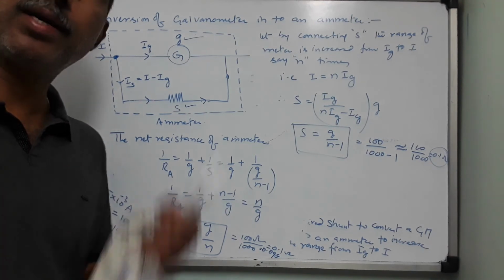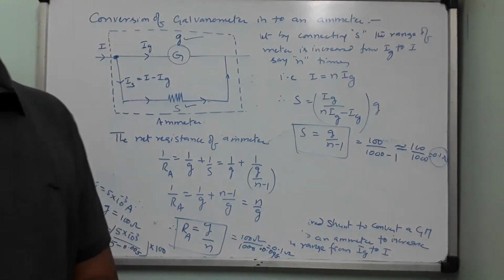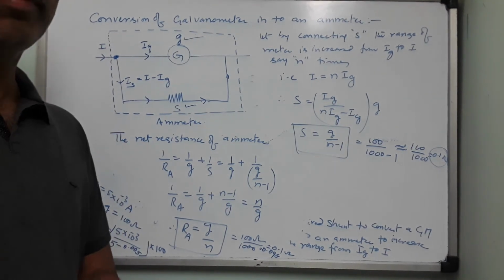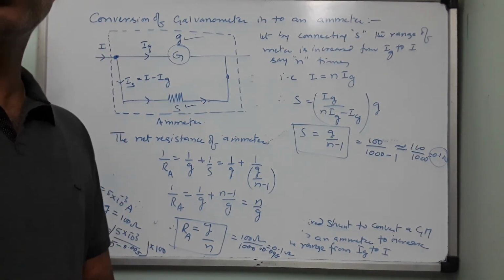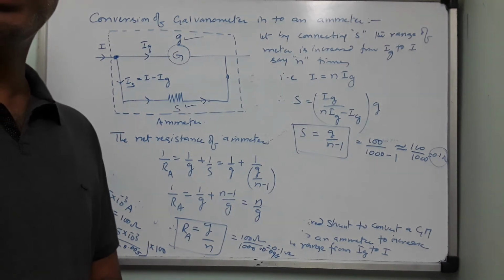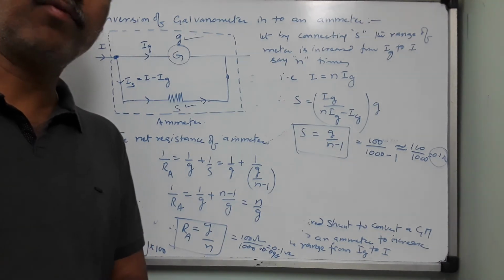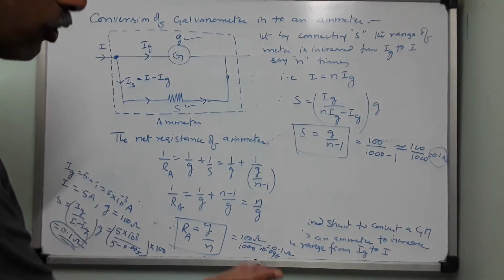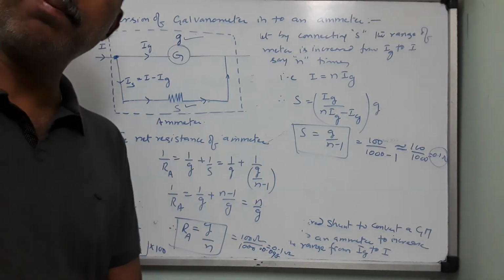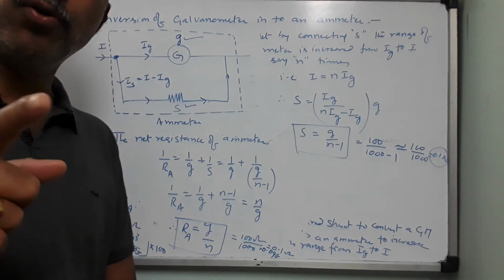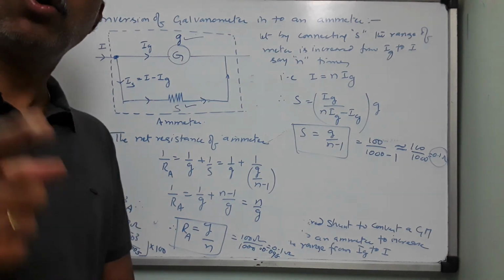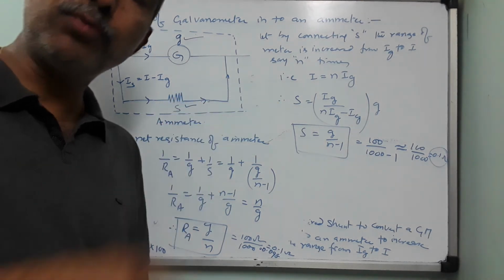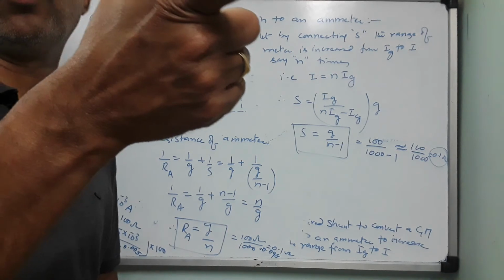So this question you have in class 10th: why an ammeter should always be connected in series? Because it has very low resistance. It will not alter the net resistance of the circuit. Therefore, the current also will not change. What will happen if an ammeter is connected in parallel? If such a small resistance ammeter is connected in parallel, current prefers to flow in a path where there is low resistance. So your entire current will try to flow through your ammeter. No current will flow in your bulb.